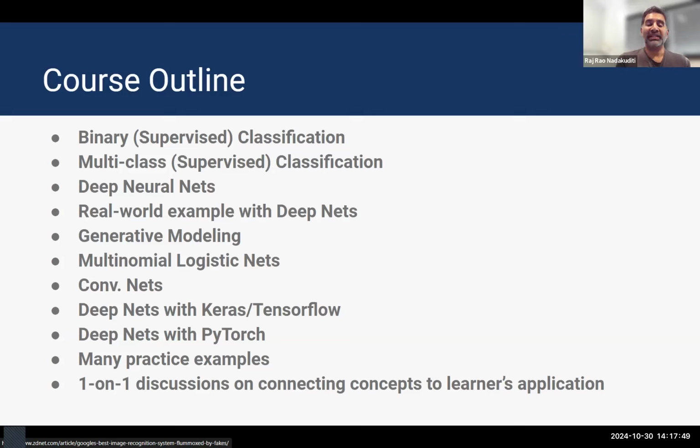We'll supply many practice examples so you can keep getting better and better at these concepts, and we'll give you opportunities, as you wish, for one-on-one discussions with me and the staff on connecting these concepts to your own application, in ways that are informed by your growing understanding and your curiosity about how to take these concepts into the kinds of applications that you're passionate about yourself.